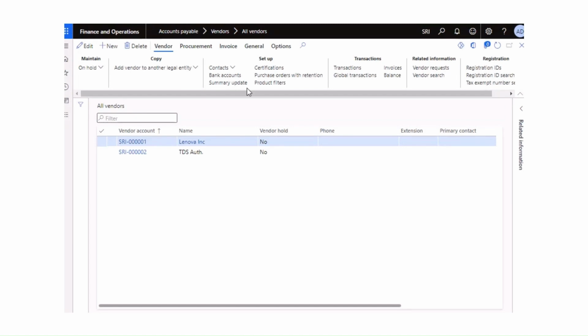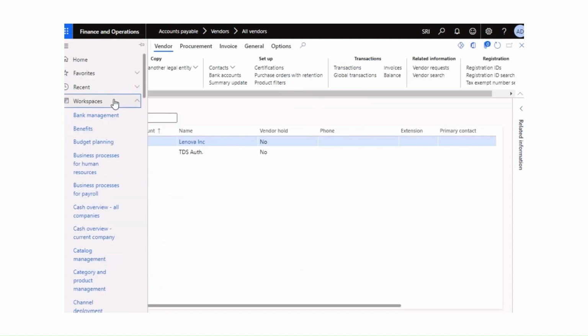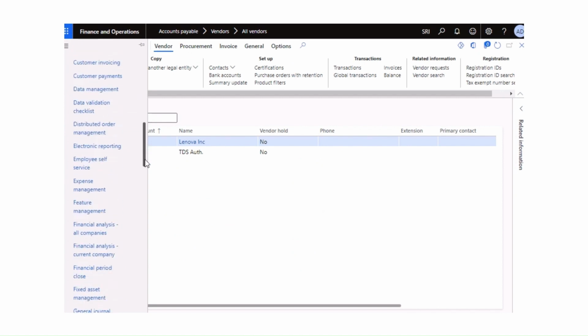Hi everyone, today's video is how to upload vendors via data management. We can create vendors manually, but if you want to create hundreds or thousands, you definitely need to use data management. So go to the workspace,